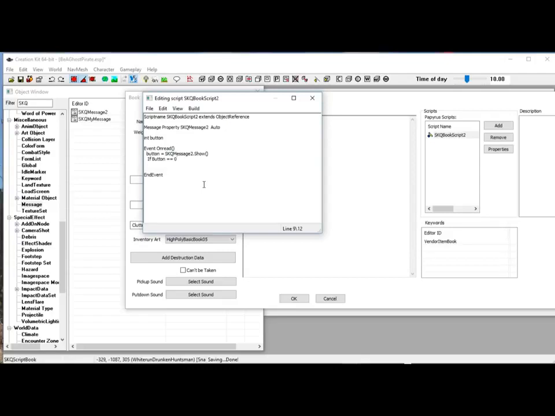So if button equals 0, we're going to go game dot get player. Hopefully you know this one. Add item gold 001 times 100. Now you notice something here, and then we're going to go